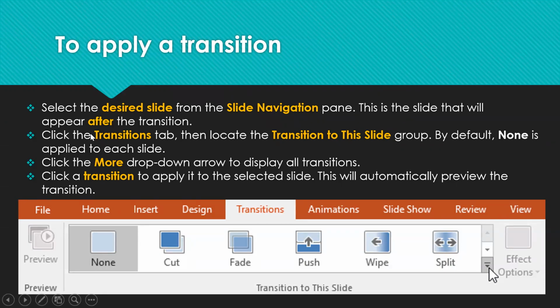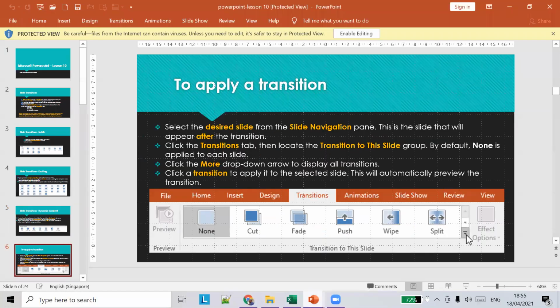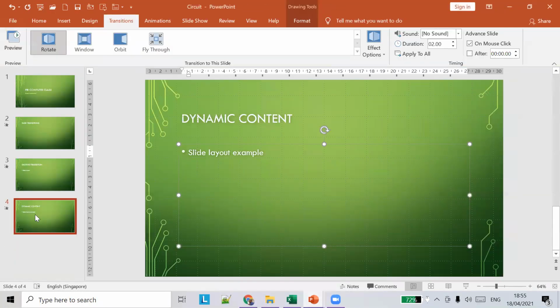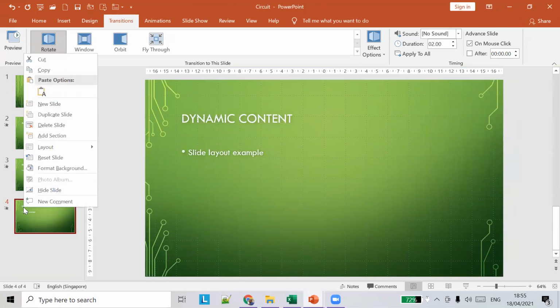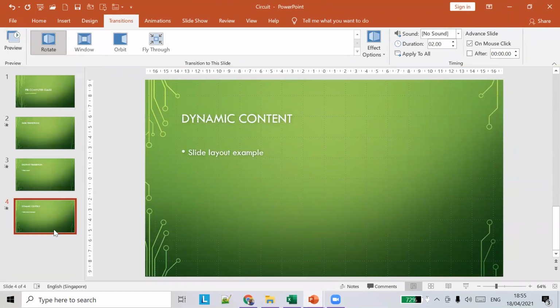This is the slide that will appear after the transition. Click the transitions tab, then locate the transition to slide group. By default, none is applied to each slide. Click the more drop-down to display all the transitions. Click a transition to apply it to the selected slide. This will automatically preview the transition. If you see that, let's say I remove this transition.